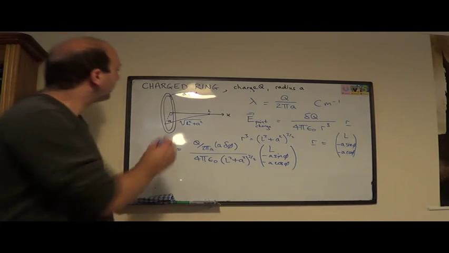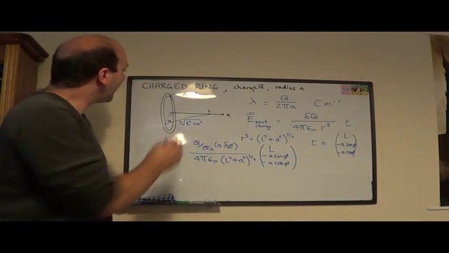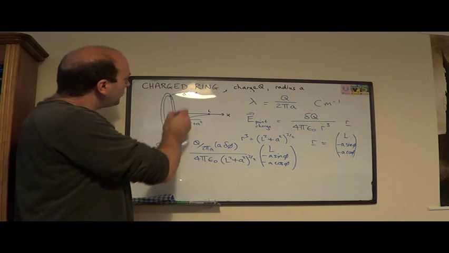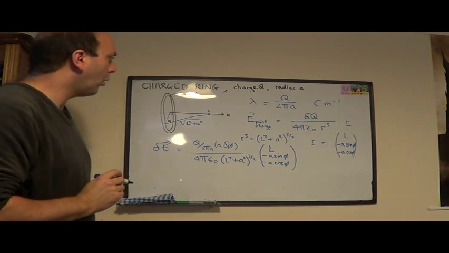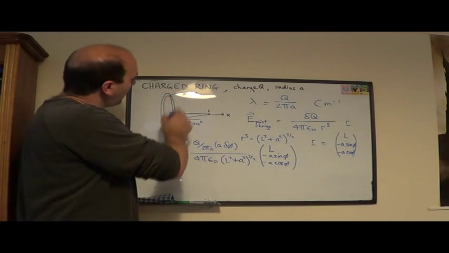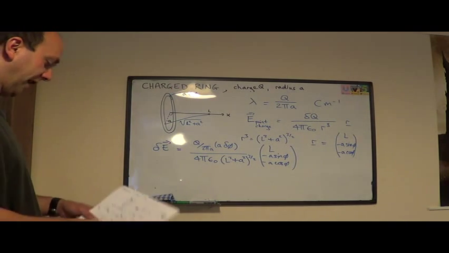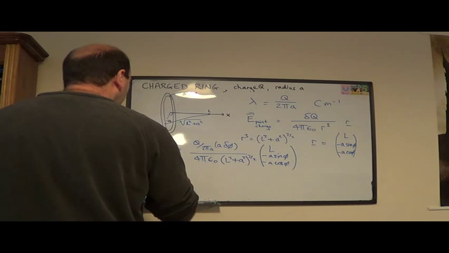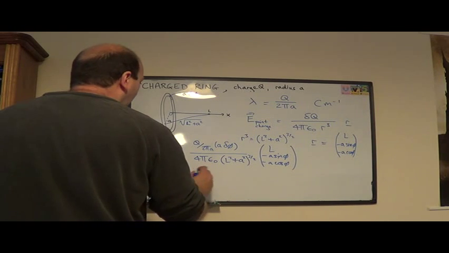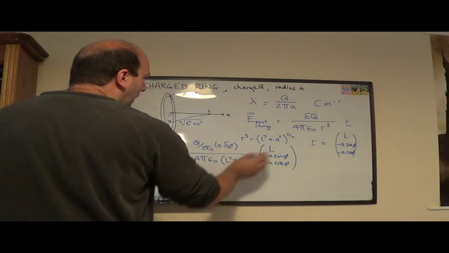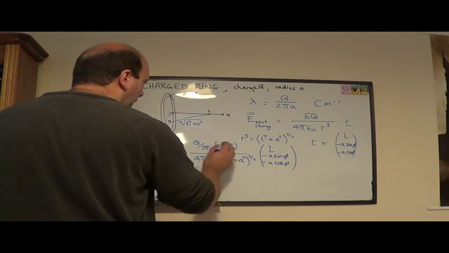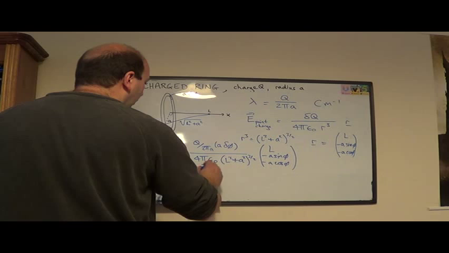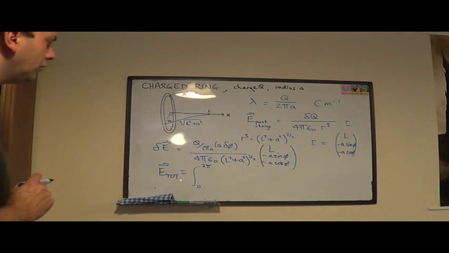So that's the contribution from one tiny piece, and now what I'm going to do is add up the contribution to the electric field from all the points around the ring. Of course I do that by integration, so the total electric field will be given by a sum over all of these pieces. In other words, I'm going to integrate phi all the way around in a circle